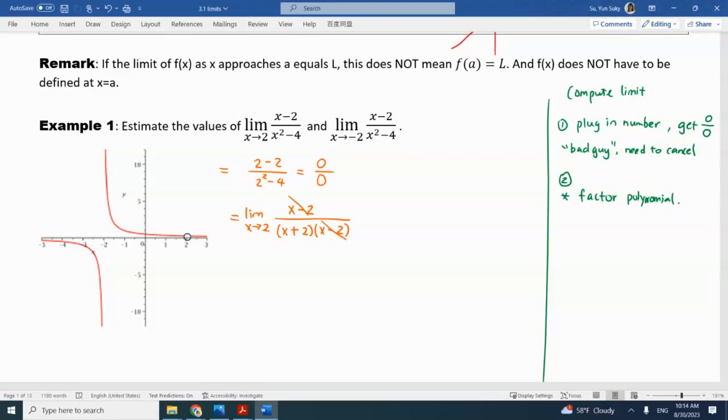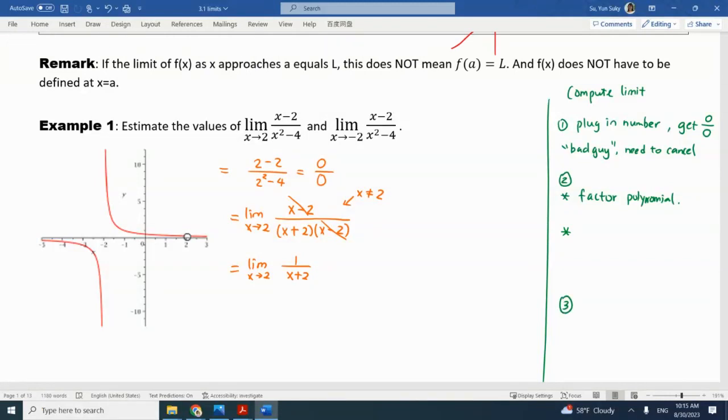So here, x is not equal to 2. We just say x is approaching 2. It's like I'm getting close to you, but I cannot be you. I cannot get into your body. That's weird. So it's only approaching, but not equal. That's why we can cancel. So we have the limit as x goes to 2 of 1 over x plus 2. So far so good, everybody? And by the way, leave some space here because there might be other types of problems.